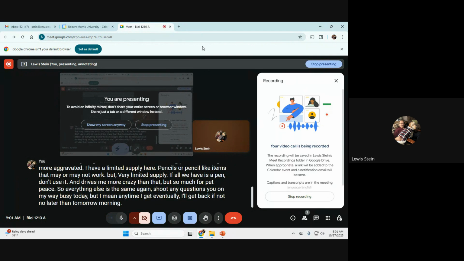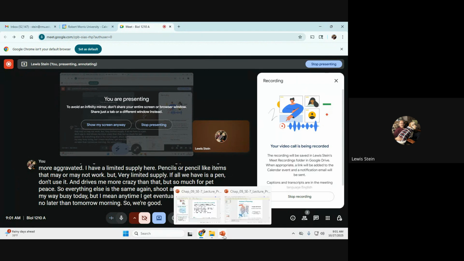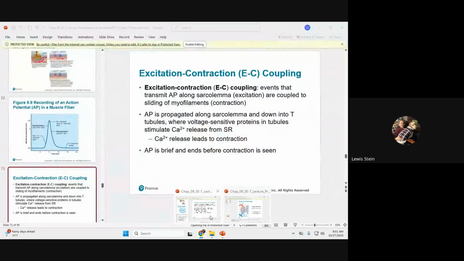So we're good. We're certainly going to finish all of this part today, really the complexity of what's going on, the events that make these individual muscle fibers contract. I think that's what you're going to see today more than anything. We'll start where we left off with excitation-contraction coupling. I'll go over that same video again, and then we'll get to the cross-bridge cycle.